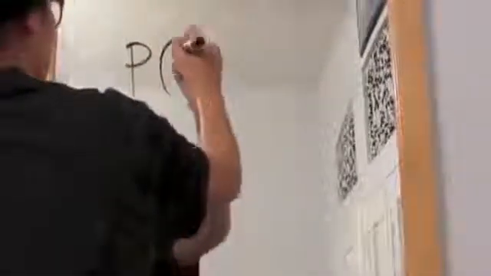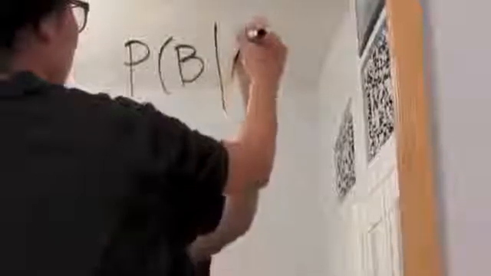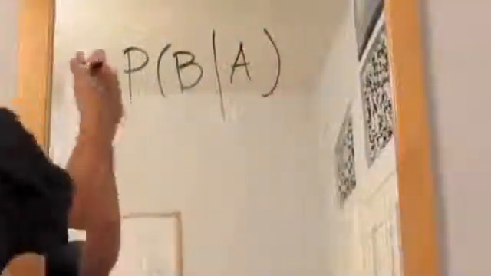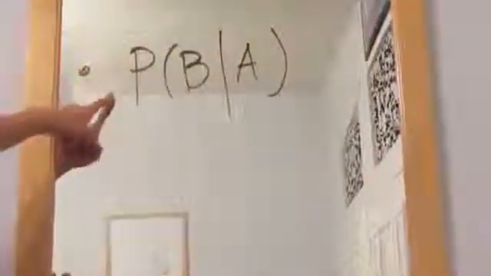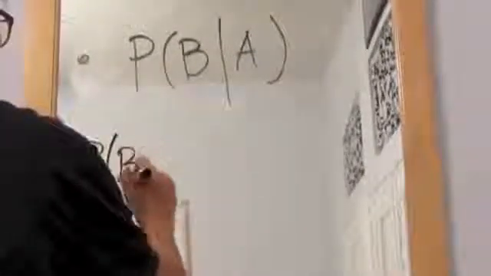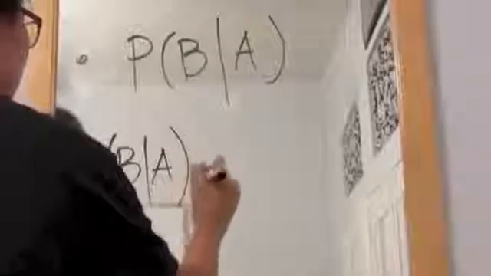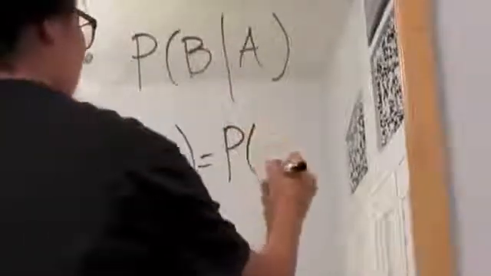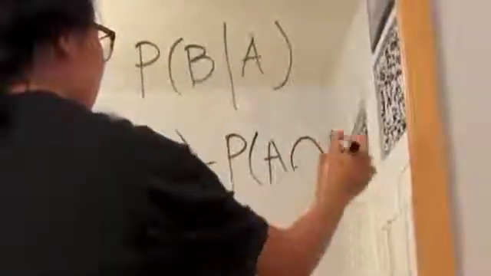Conditional probability deals with the probability of an event given that some other event first occurs. Conditional probability is denoted by the following. The above is read as the probability that B occurs given that A has already occurred. The above is mathematically defined as